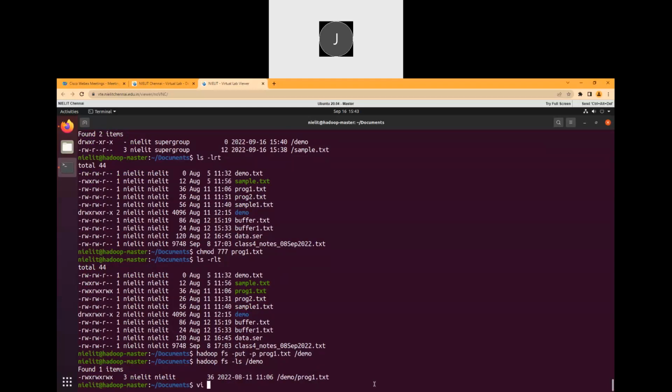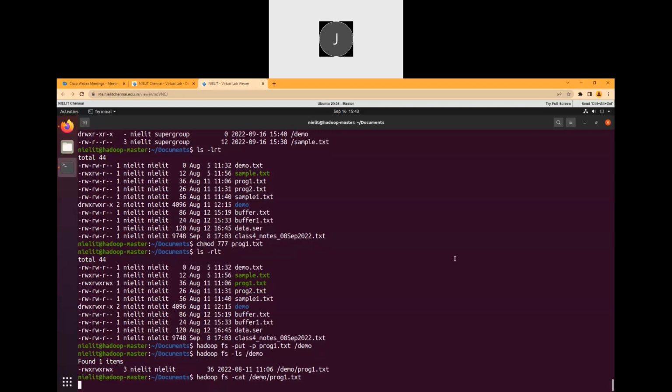Okay, see, we cannot do a vi on the files. We can only view the files in HDFS. Vi means we cannot edit the files, we cannot view in any editor, nano editor or vim editor, that you cannot do. You can only view the contents of the file using the cat command. So hadoop fs, if we want to view the content of program1.txt, then we have to give cat /demo/program1.txt,